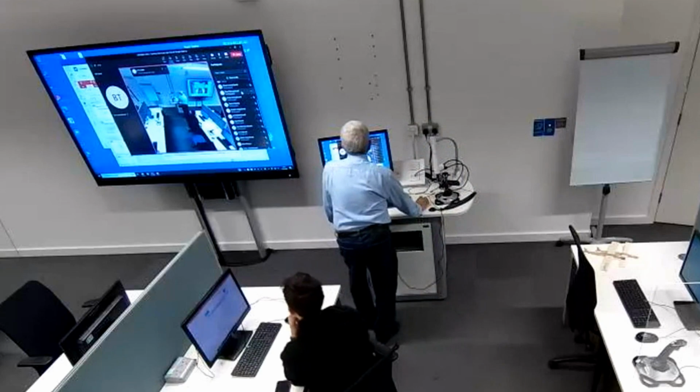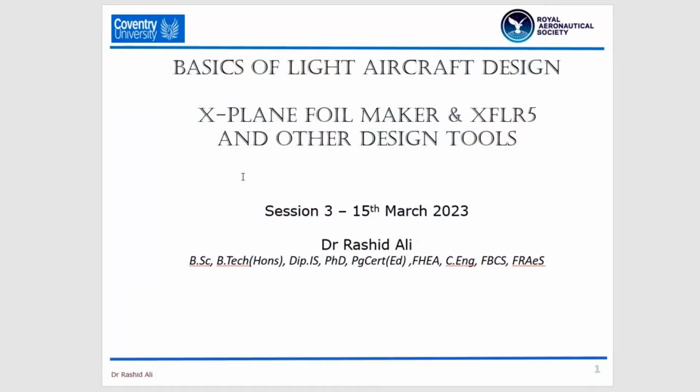I'll share my screen. And we were looking at Foil Maker, and in particular, XFLR5, which is a very nice tool that can assist us in modeling some of the aerodynamic behavior. Okay, we might also look at some of the tools that I have developed that will perhaps reduce some of the burden when we create the files needed for X-plane. So without further ado,